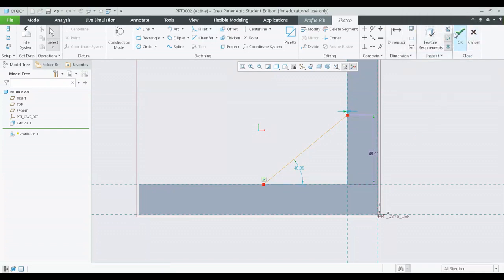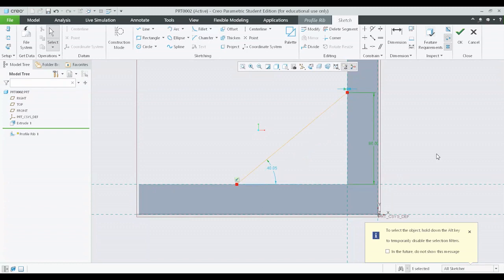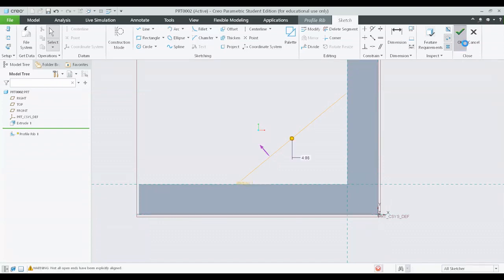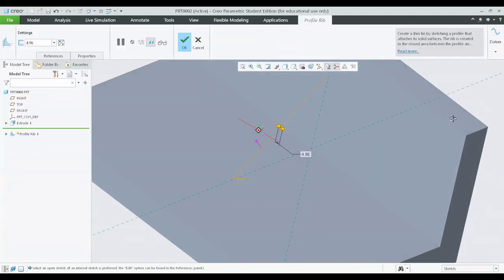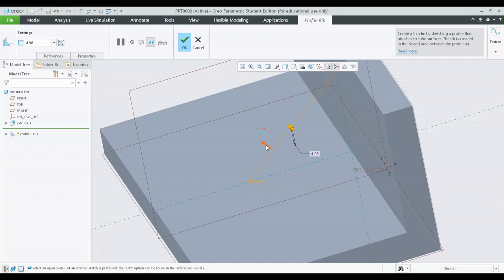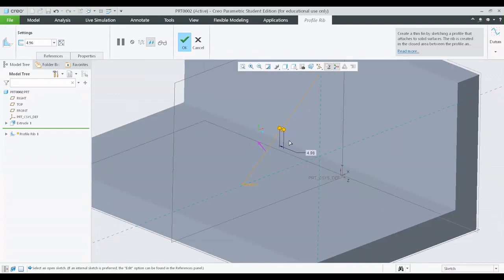Say for example, I want it to be 80. Both are equal, and let me press OK right now. So now you can see I'm getting an arrow over here, which indicates that some kind of extrusion or some kind of geometry is getting directed to this side, but I want the particular rib to be on the opposite